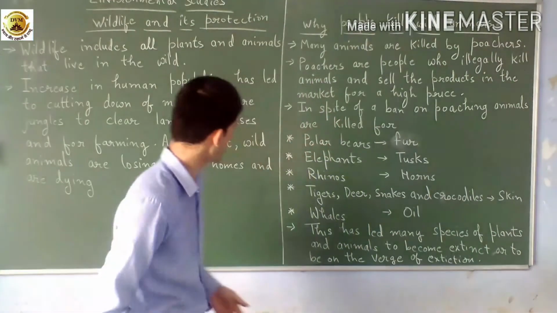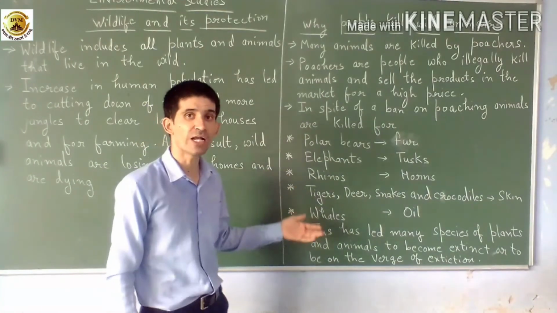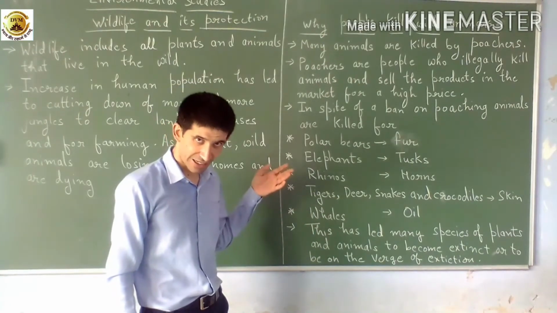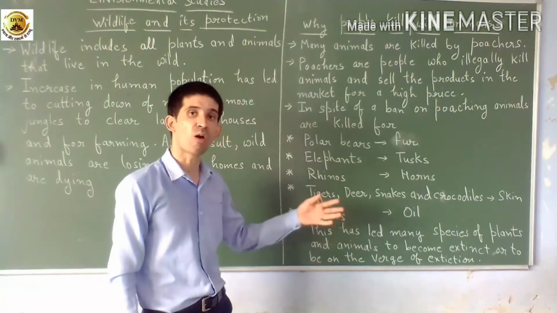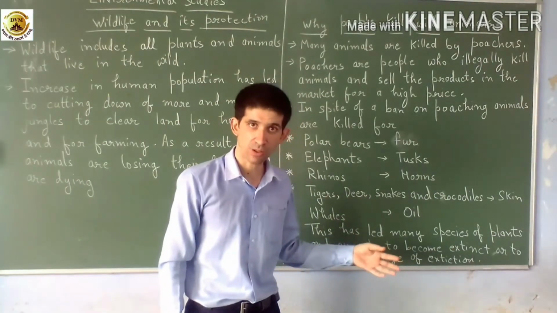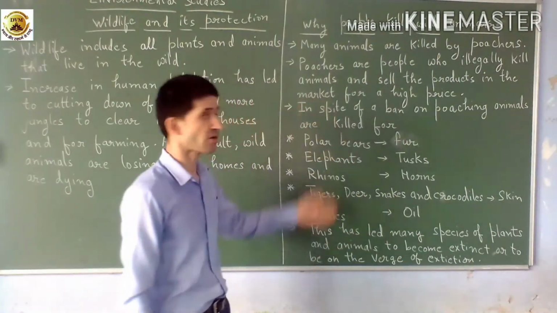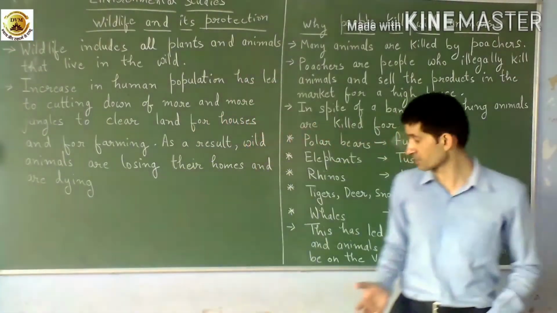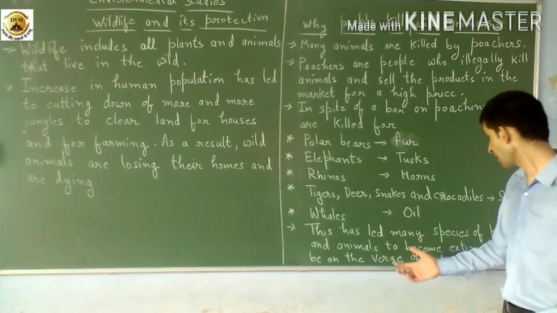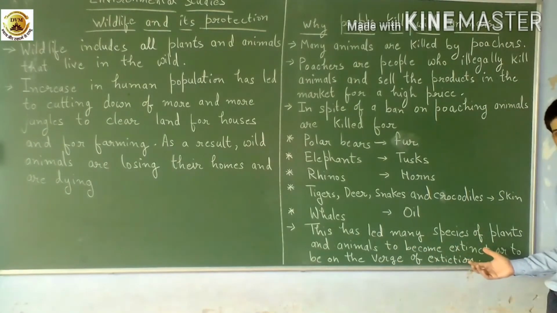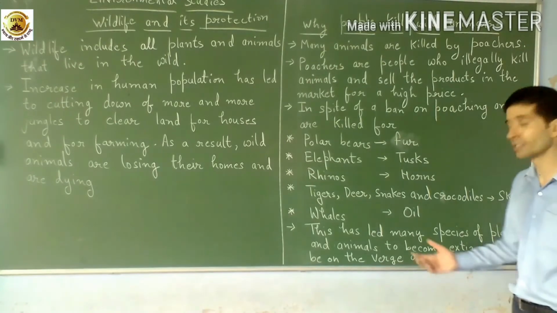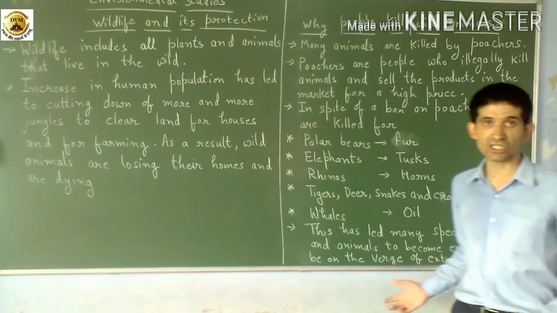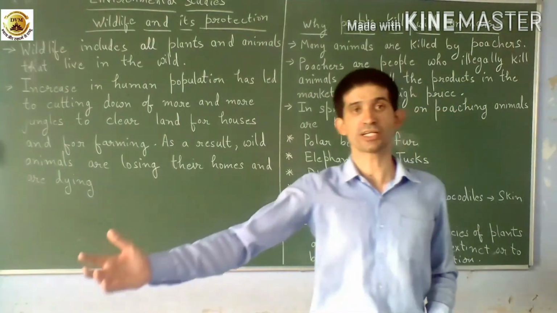Understood? So, this illegal killing of wild animals leads to the extinction of animals. Okay? This is the result of this illegal killing, that most of the wild animals either become extinct, means they have disappeared, or they are on the verge of extinction, means they are going to disappear